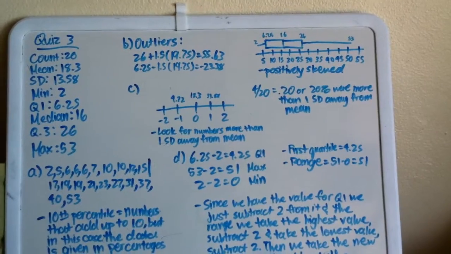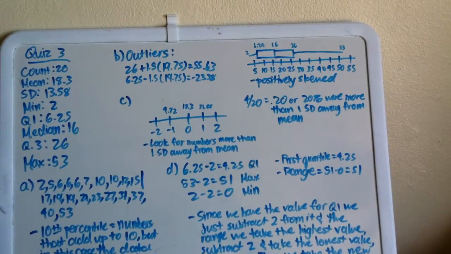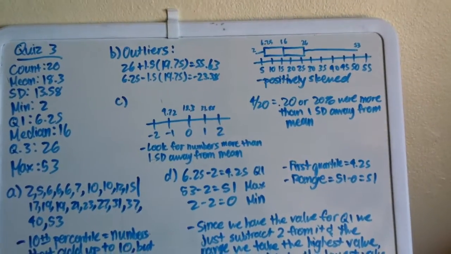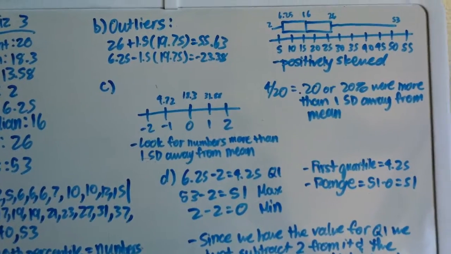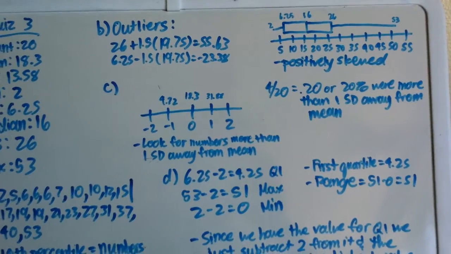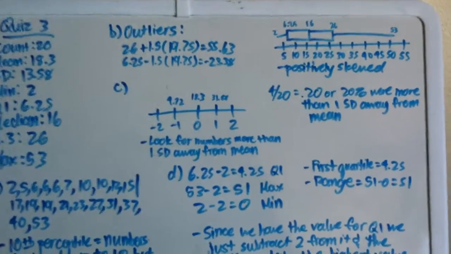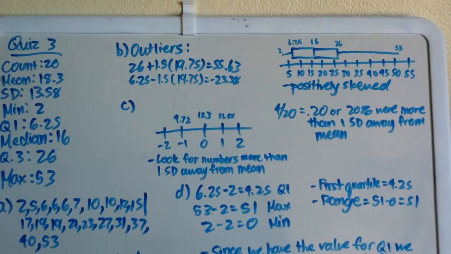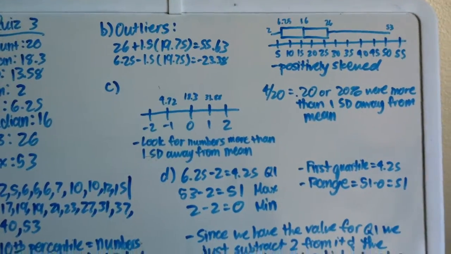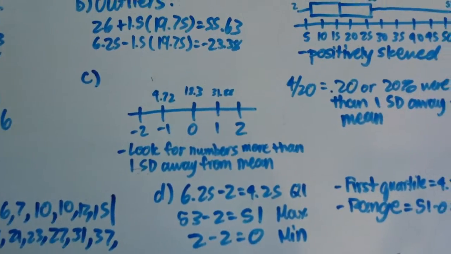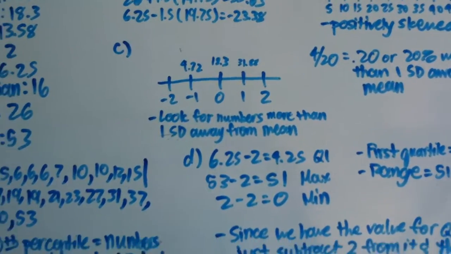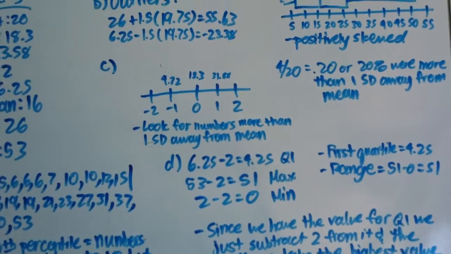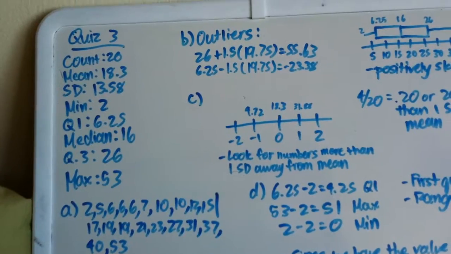On to C, it's asking what proportion of the observed values for marijuana usage are more than one standard deviation away from the mean. So basically, I just drew a line, 0 meaning the mean. And then I labeled it 1, 2, and -1 and -2 to represent 1 and 2 standard deviations away. Now the mean is